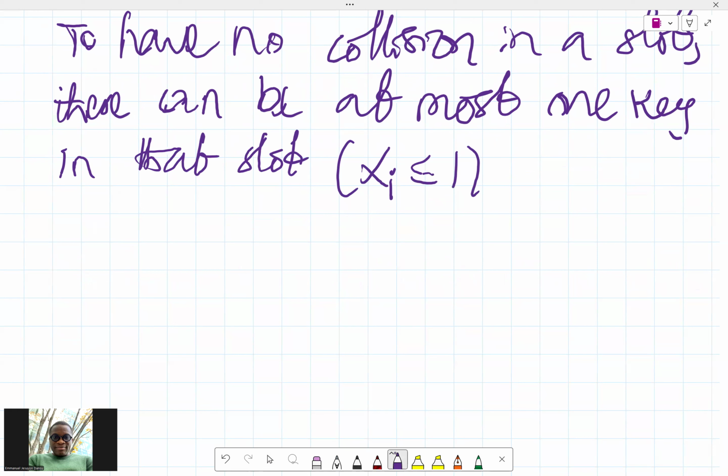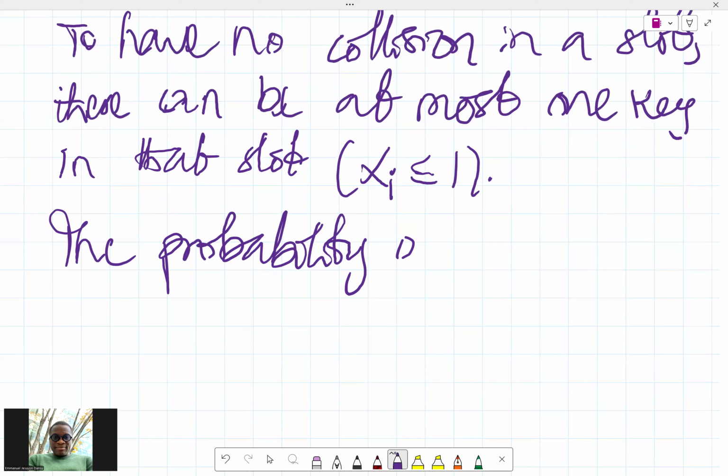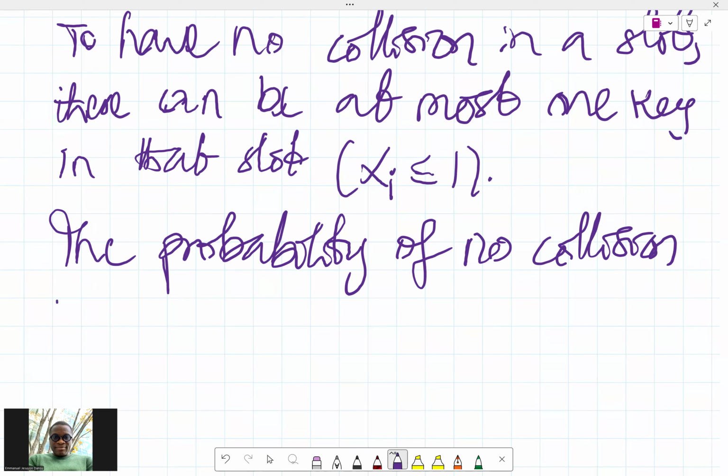There can be at most one key in that slot such that we have xi less than or equal to 1. So the probability of no collision is